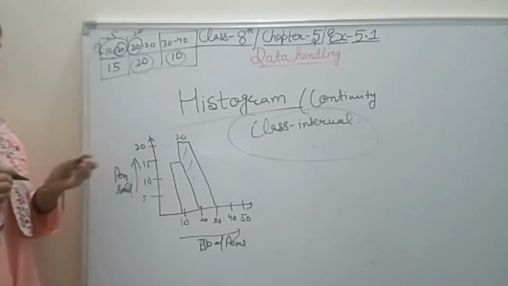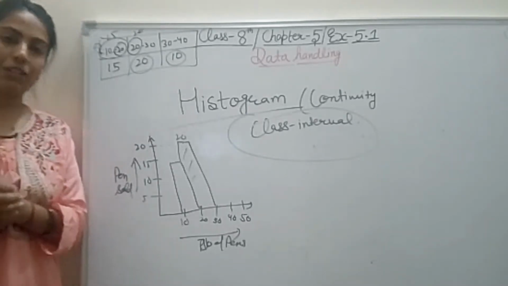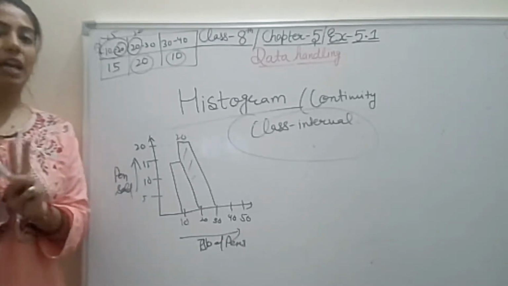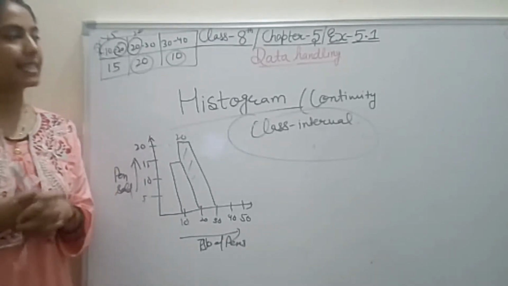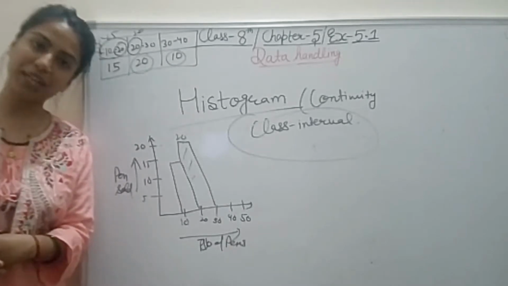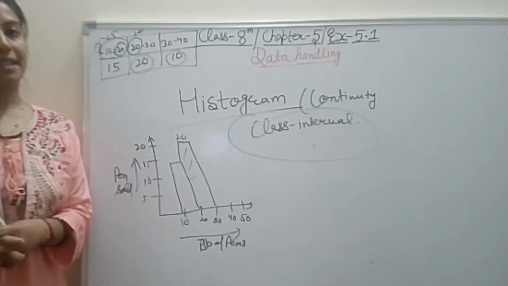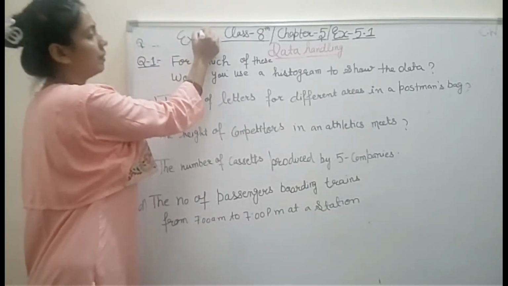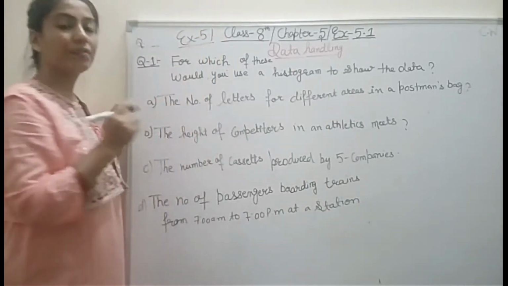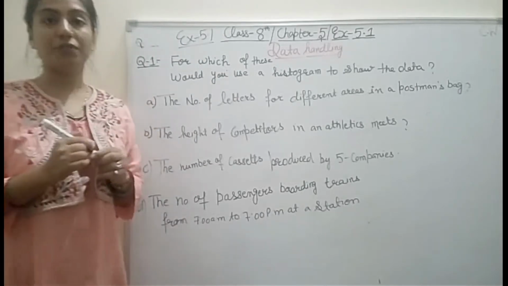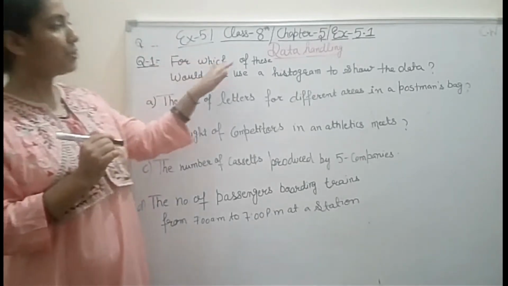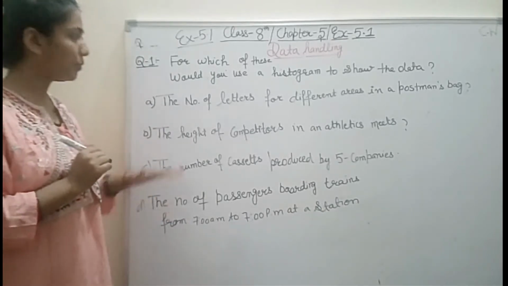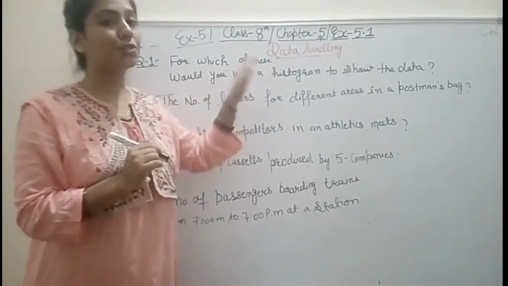Got it student, this is very simple. When we do the equation, then we will better understand about this. Okay, so these are two types of methods which we'll do in exercise 5.1. Okay, so let's start the exercise questions. Student, coming to our exercise 5.1. Okay, question number 1 we have. Now see the question carefully. What is the question? For which of these would you use a histogram